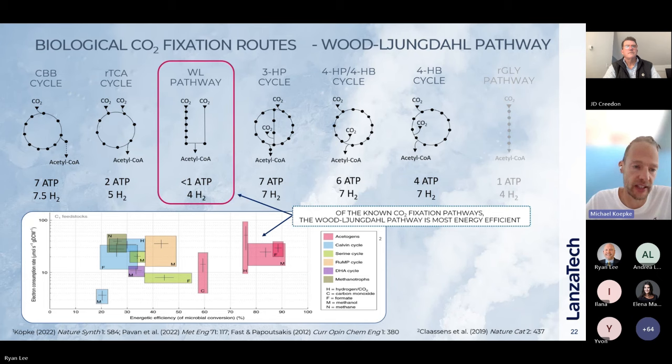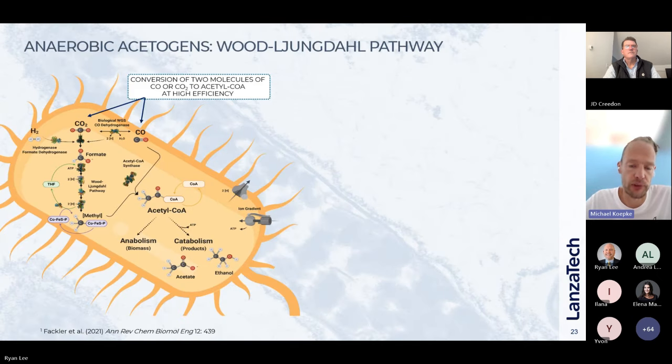It has really very high energy efficiency. But if it goes one step further, I think the challenge with this pathway is it's based on a variety of very delicate metal enzymes, and those are very oxygen sensitive, so it's only found in anaerobes. And only found in these anaerobic acetogens. And it's quite a complex pathway, so it's also very difficult to, for example, transfer to model organisms like yeast